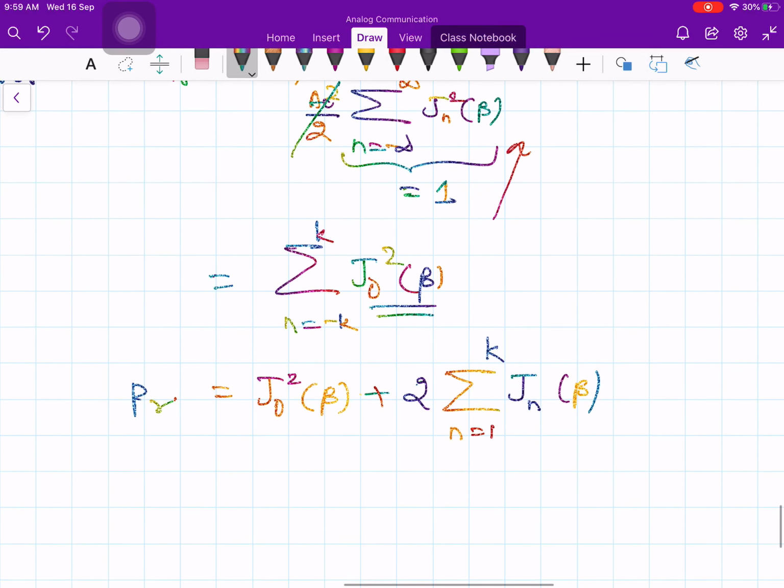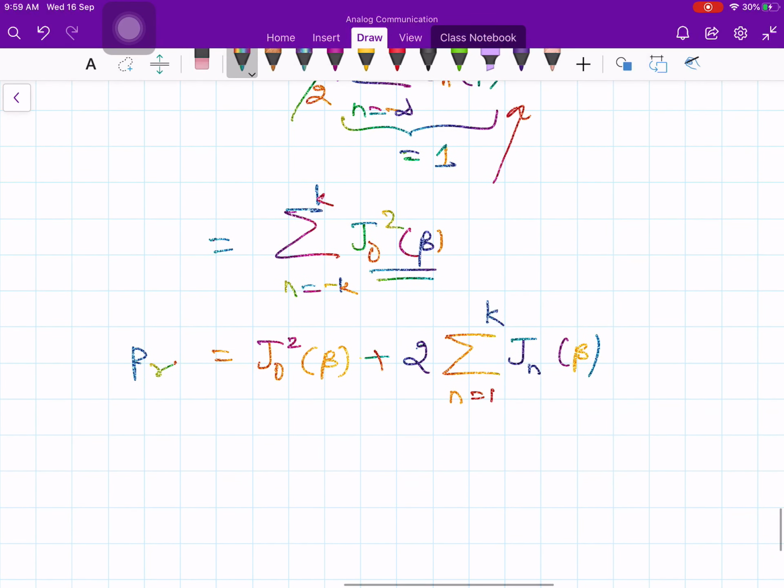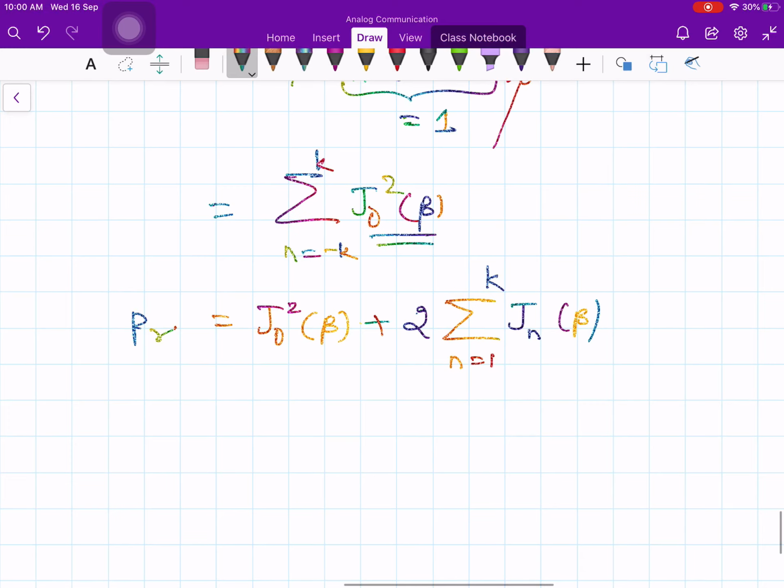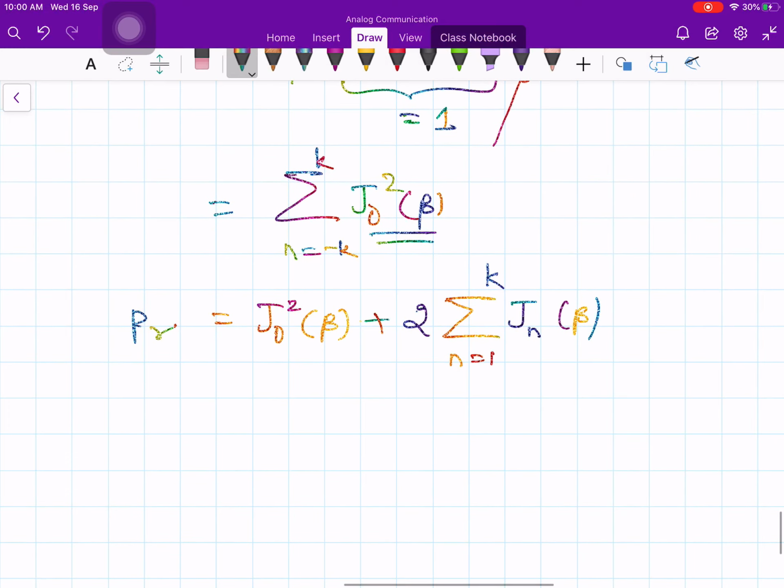Okay, now the way we defined the bandwidth is as follows. We say that for a signal to have a bandwidth, whatever we define the bandwidth to be, it should have most of its energy in that band. If it has an insignificant amount of energy in that sideband, we need not consider that; simply we can disregard. The only thing we need to know is what is the definition of most. How much energy we are going to consider. Either you consider 90% of the total power, or 80% of the total power, or 95% of the total power. It is up to you. Okay, so it depends on the modulation index and the requirement of the